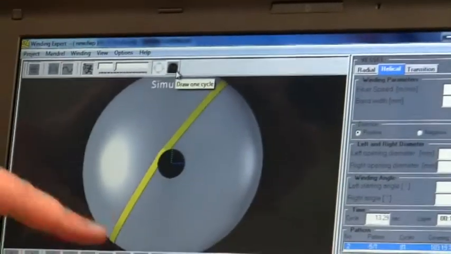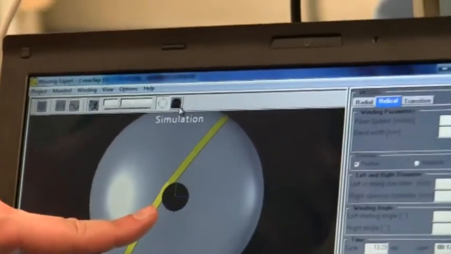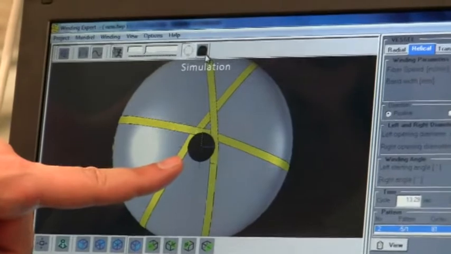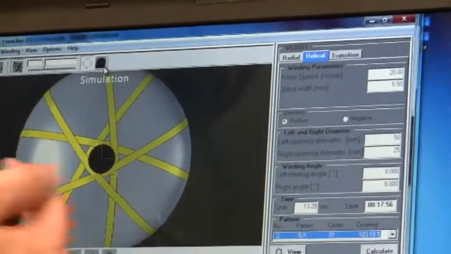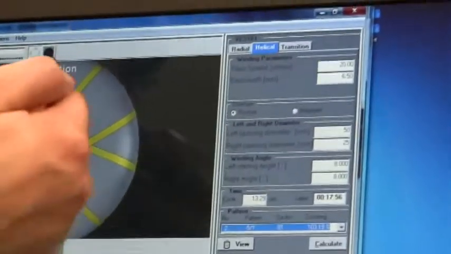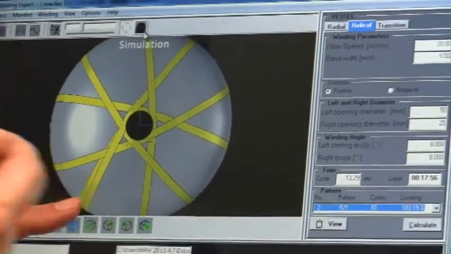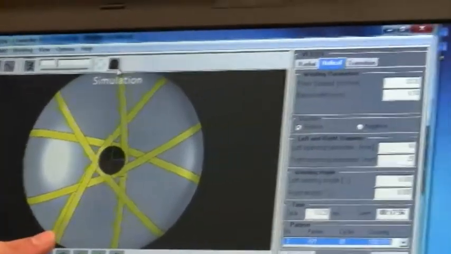One cycle. This is the fiber here. Remember it, because it is the first position of the fiber. Cycle 2, cycle 3, cycle 4, cycle 5. Five cycles get passed, and this is our original fiber position. Now, after the 5 cycles, the next one is right next to the first. So it says, after 5 cycles, the next fiber will be